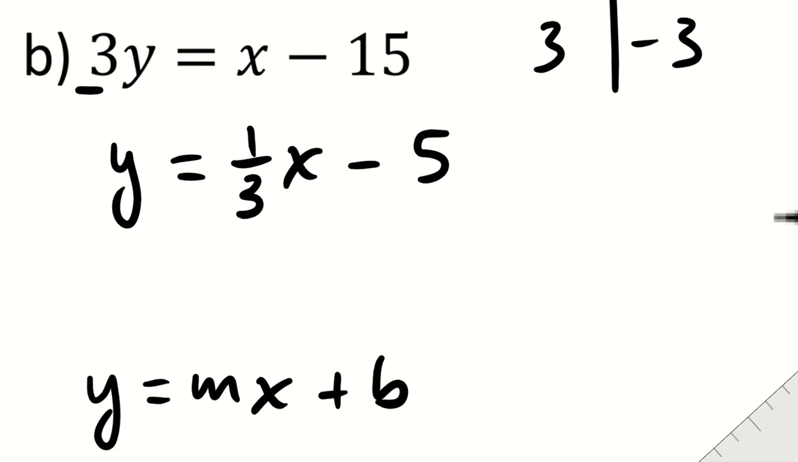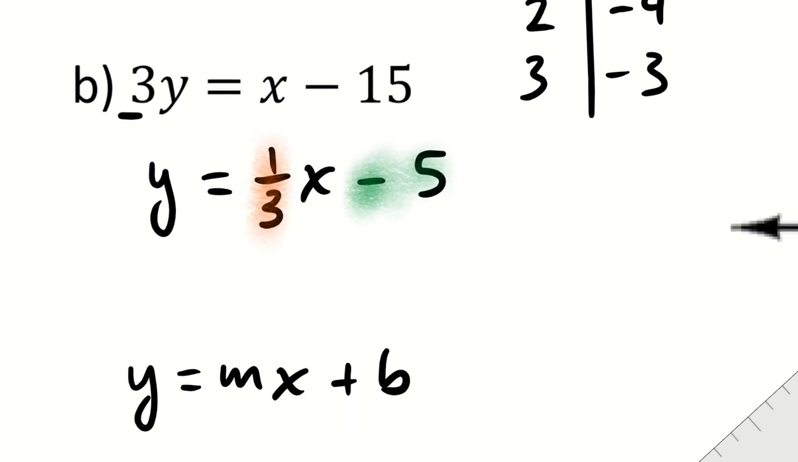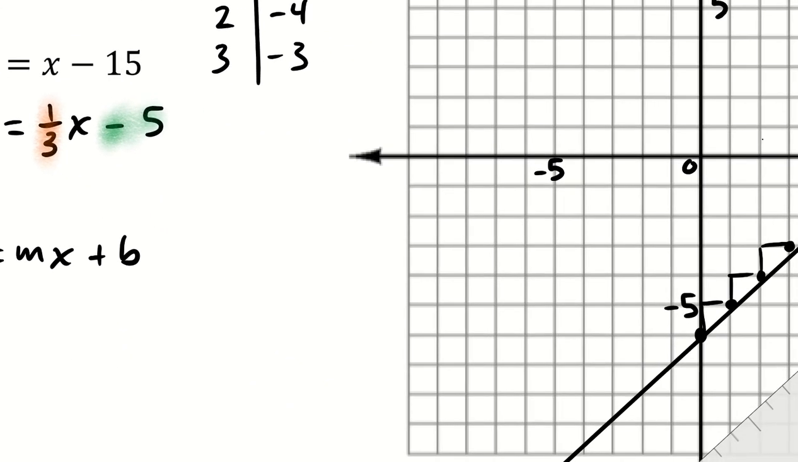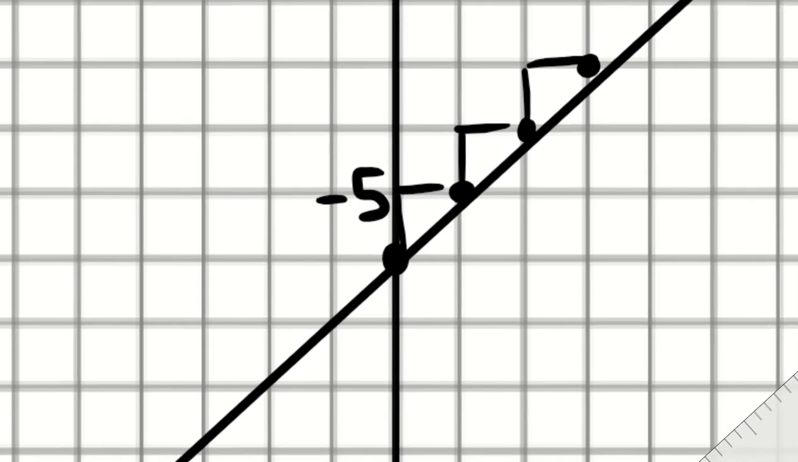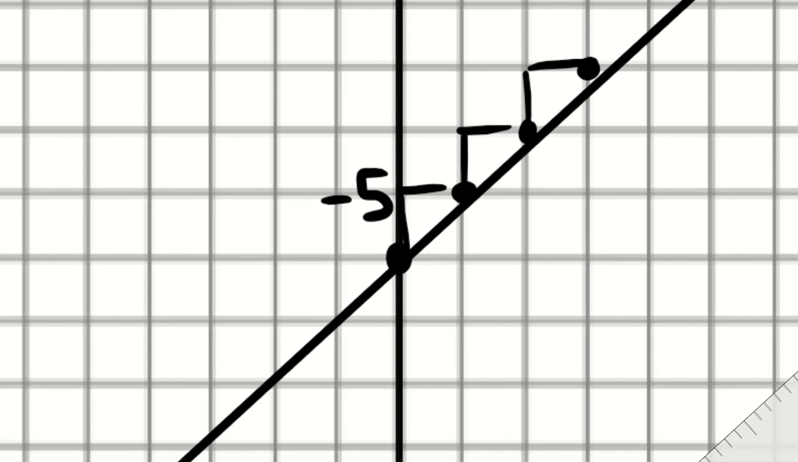So here I can see both of my parameters. My slope parameter is the number 1/3. And the other thing I can see is my y-intercept parameter is negative 5. So I'm going to have a y-intercept at negative 5, and I'm going to observe the pattern of up 1 over 3 units. So if I come back over to my graph right here, this one's going to begin at